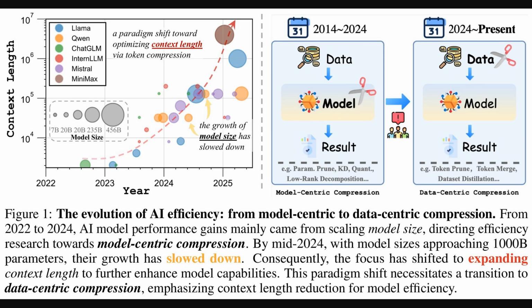Alright, so Figure 1 really sets the stage for this shift. On the left, a graph shows context length. That's the amount of data models processed at once, exploding upwards since 2022, while model size growth has slowed. The diagram on the right then contrasts two eras. First, model-centric compression, where techniques like pruning, removing model parts, or quantization, simplifying model numbers, were key. Now it's moving to data-centric compression. This focuses on the data itself, using methods like token pruning, selectively removing data units, or token merging, which combines